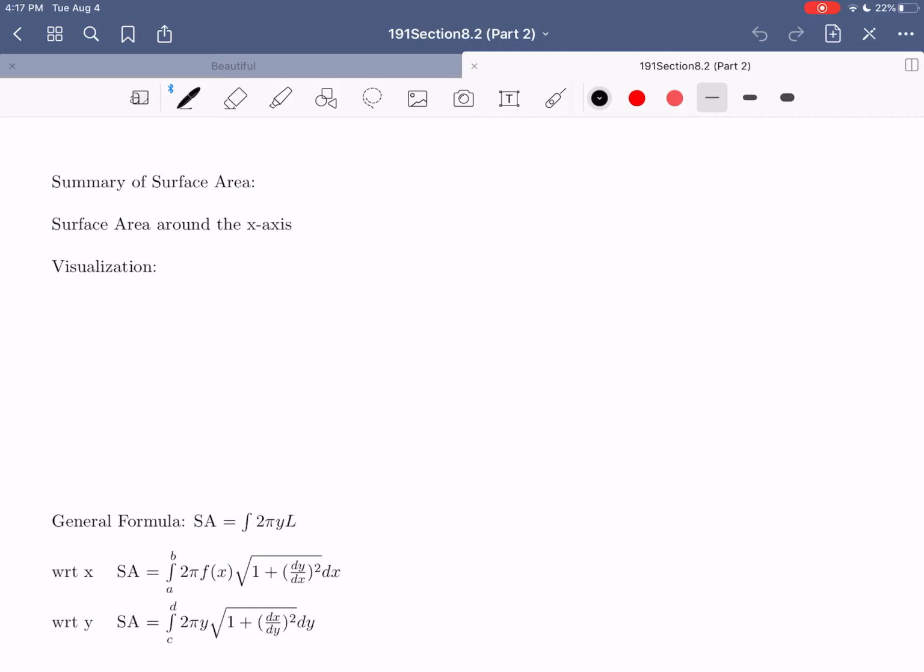Before we do that though, let's quickly summarize what we discussed from the previous video concerning surface area of surfaces of revolution. So, if you recall, we had two situations that we discussed. First, we discussed surface area around the x-axis. Remember here, the visualization is that we have some curve floating here. We said that you can think about that curve as either being from A to B in terms of x or from C to D in terms of y, and then we're imagining revolving that around the x-axis and giving us a mirror image there,